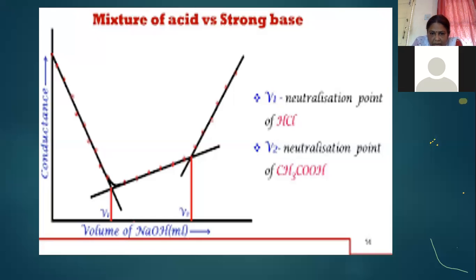Okay, so conductometric titration does not help for designing any kind of battery. I will just come back, but you go through the experiment and see the nature of the graph. This kind of graph is present in the manual. Just see what is happening here. Then again we will compare.